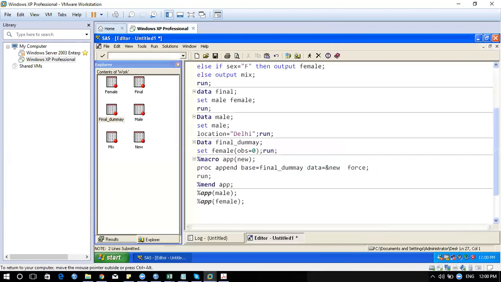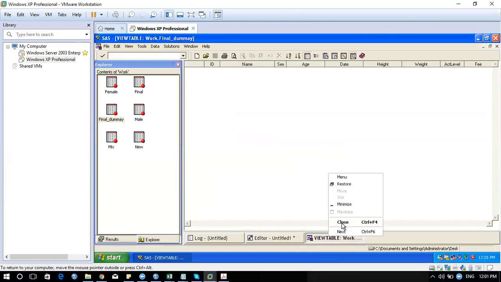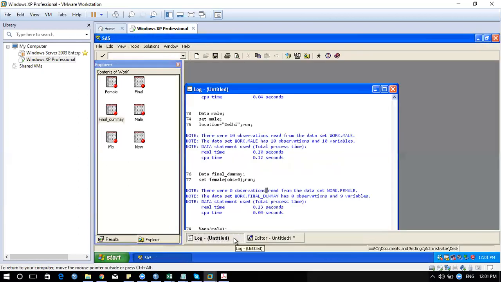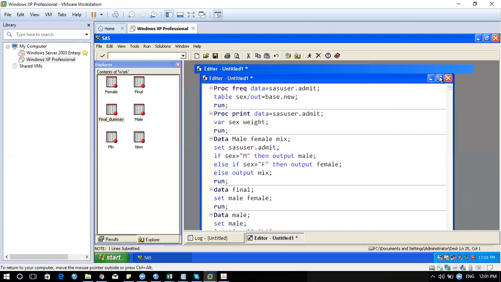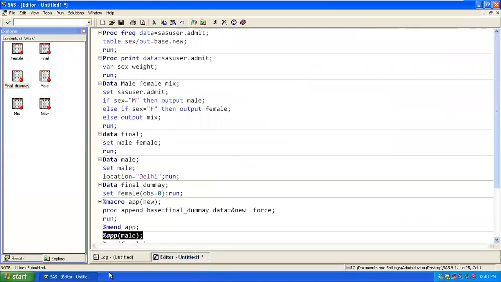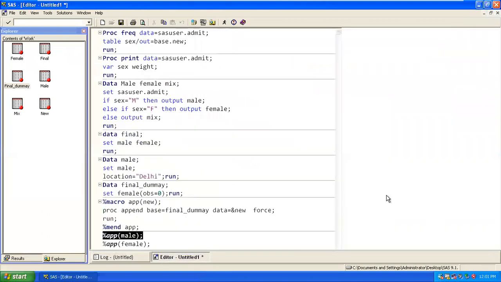So now I created this macro. Now, if I go ahead and execute only this, I'm not going to execute this. There's nothing related to me. If I execute this, and now if you go back and look at your data set, the final dummy. No, there should be a problem somewhere. I need to look again. It was not releasing it. Okay. Now zeroth observation. Okay.